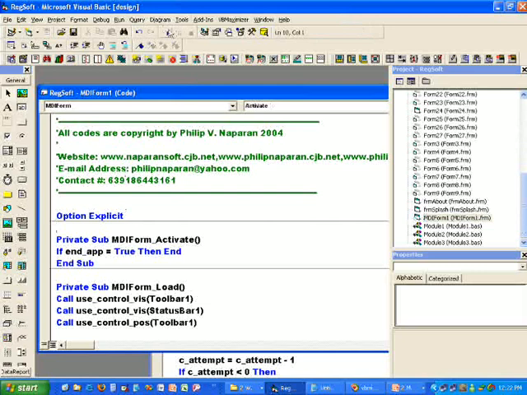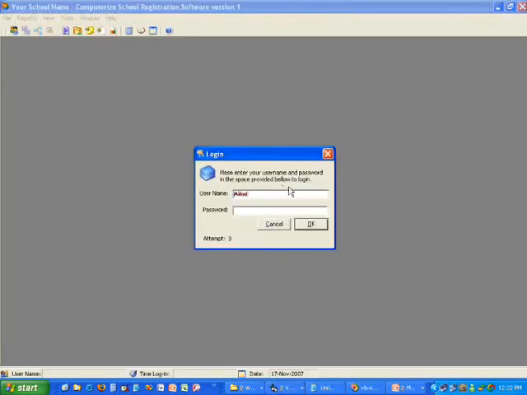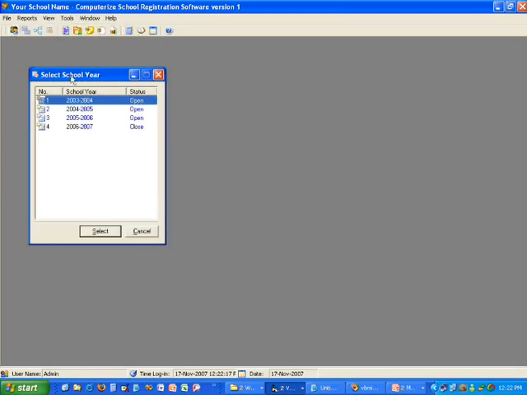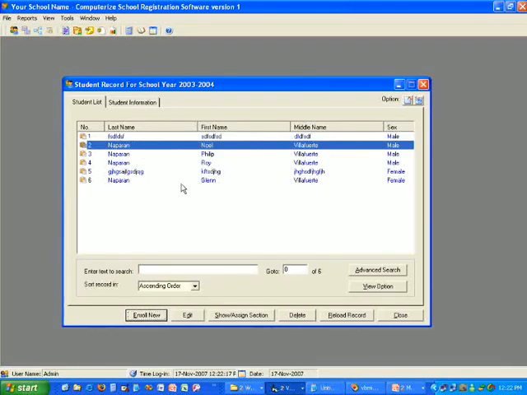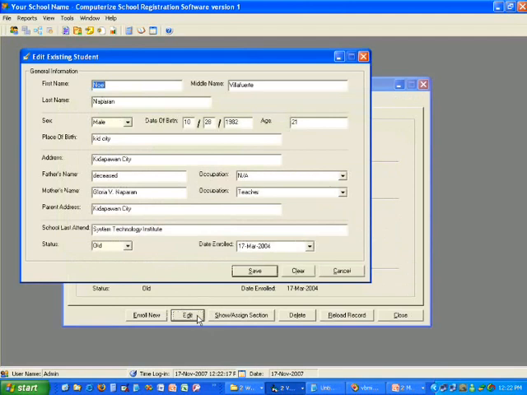Let's run it. Splash screen. Login. And we can start using this program. As you see, there are several menus. Typically, you select the school year. You can browse all the students, look at more detailed information, edit this information,